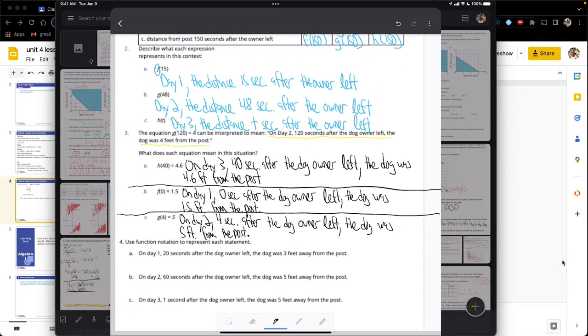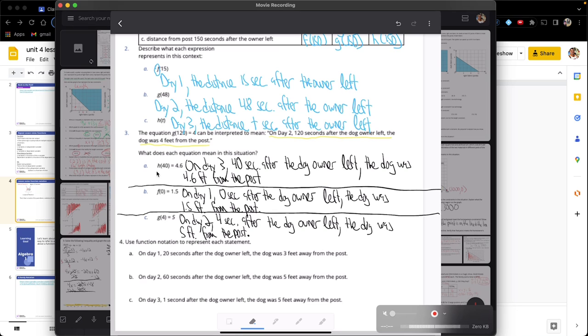Let's finish off with number 4. Number 4, basically, we're going to go backwards. So on number 3, we started in function notation, and then we wrote what it means in context. And then in number 4, we're going to do the opposite. So we're going to start with the words, and then we're going to write the function notation. It's like Jeopardy. We're going backwards. So on day 1, 20 seconds after the dog owner left, the dog was 3 feet from